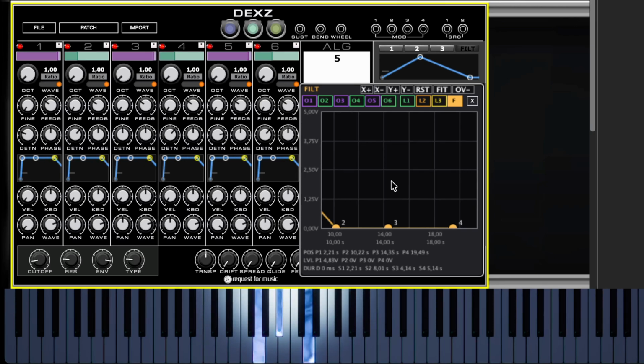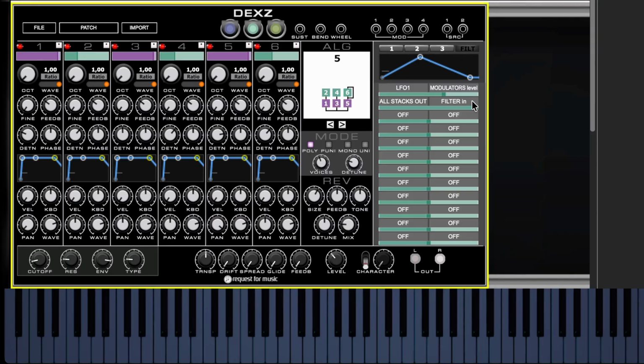It's in the decay phase right now, and it's going now into the sustain phase, and then when I let go, it's going into the release phase. So that's a good start, and let's see what else we can do with this. Let's say that I have already this LFO set to give some sort of movement in the sound. Let's say I actually want more of a movement in